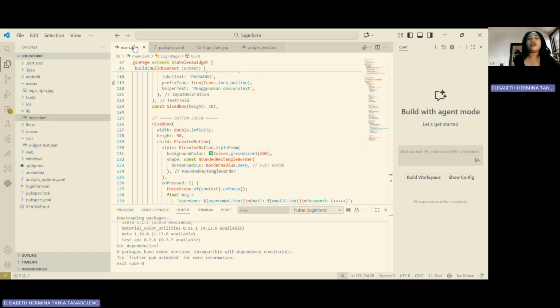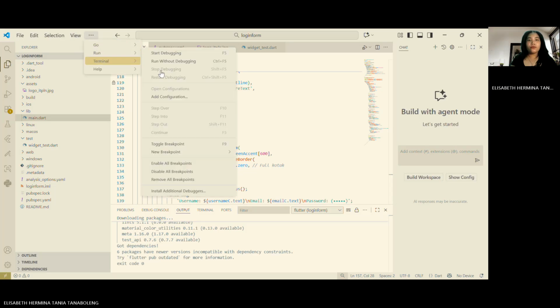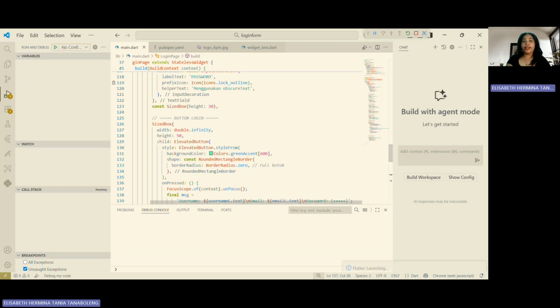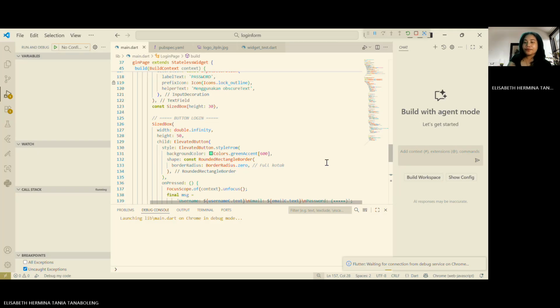Okay, now we can try to run this project and we can see the final project. I'm sorry, it's loading.